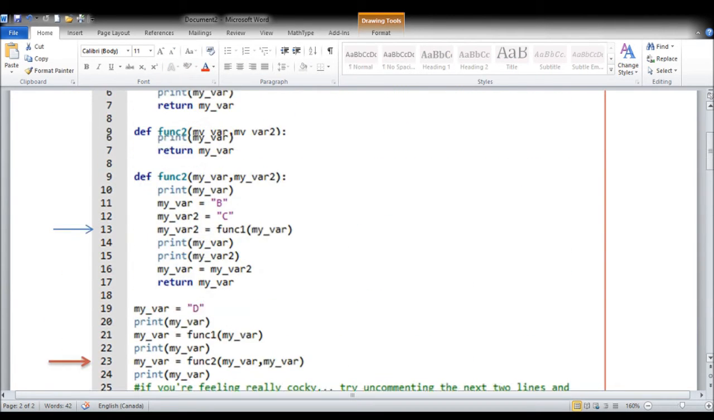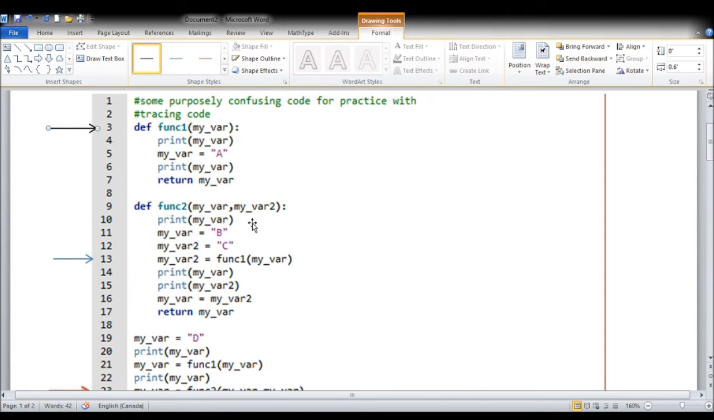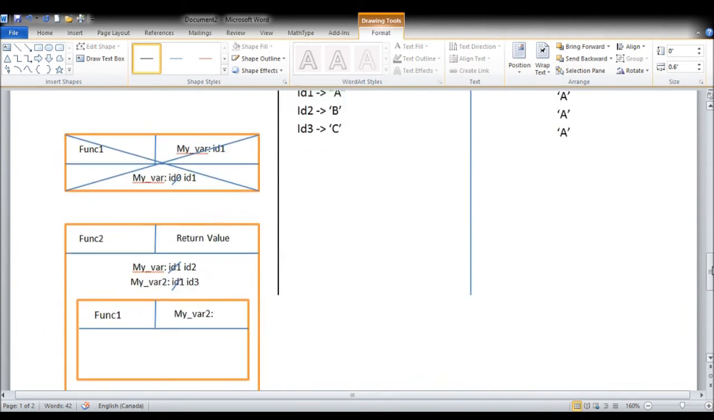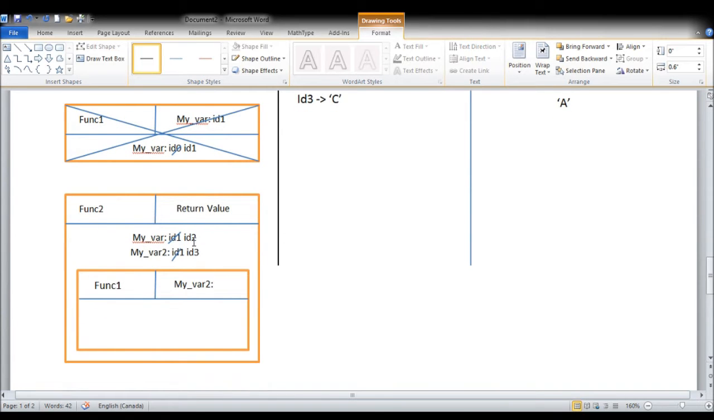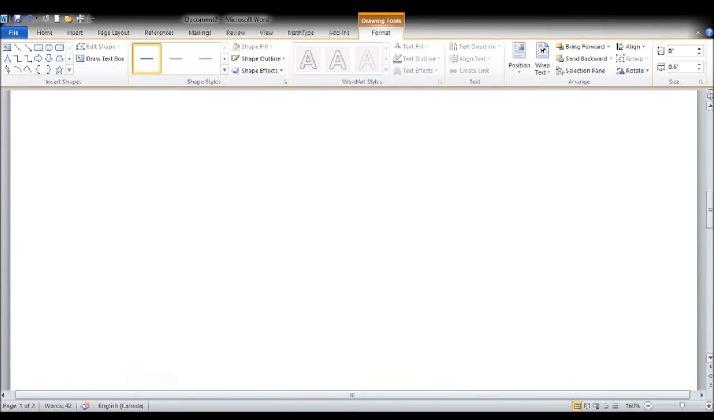now since we were here, this blue arrow, and now since the function call just happened, interestingly enough, we're going to jump back here. So now we notice here that we passed in my var. What do we pass in? Whatever my var is in func2. Okay, it's ID2 right now. So we're passing in ID2. Since we're passing in ID2 over here, func1's my var